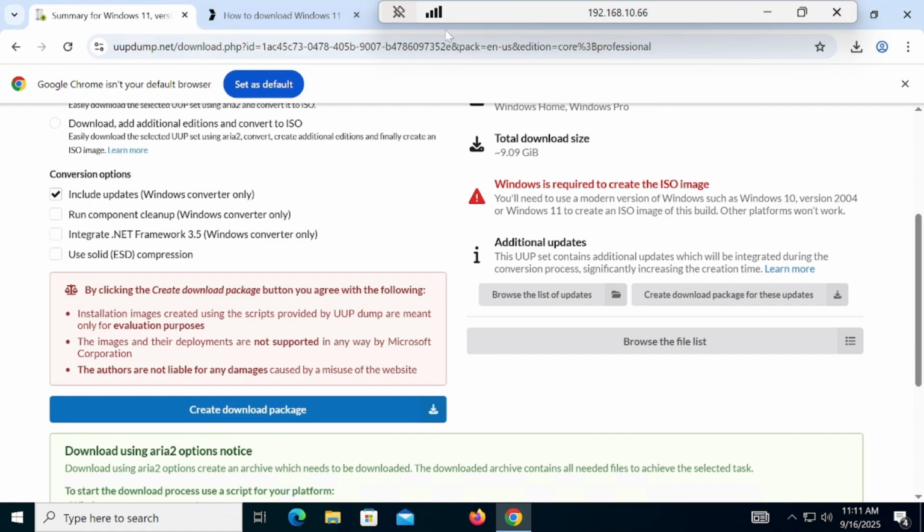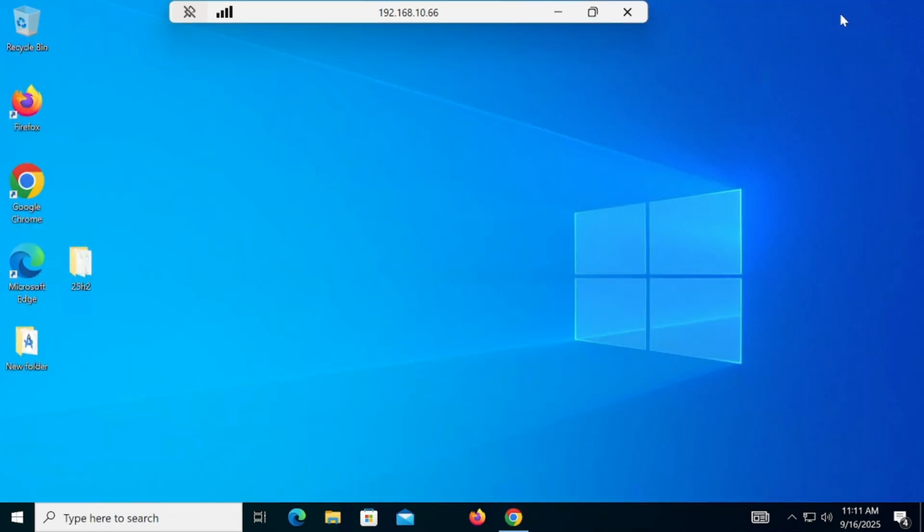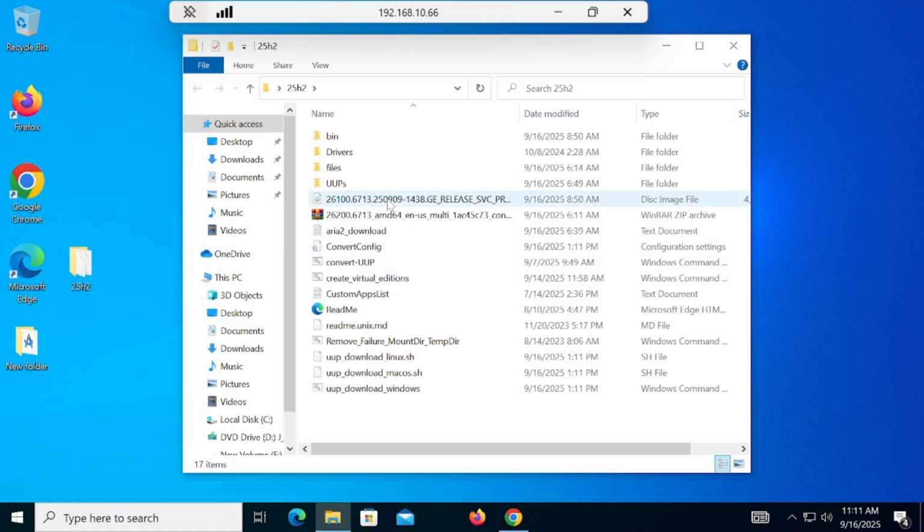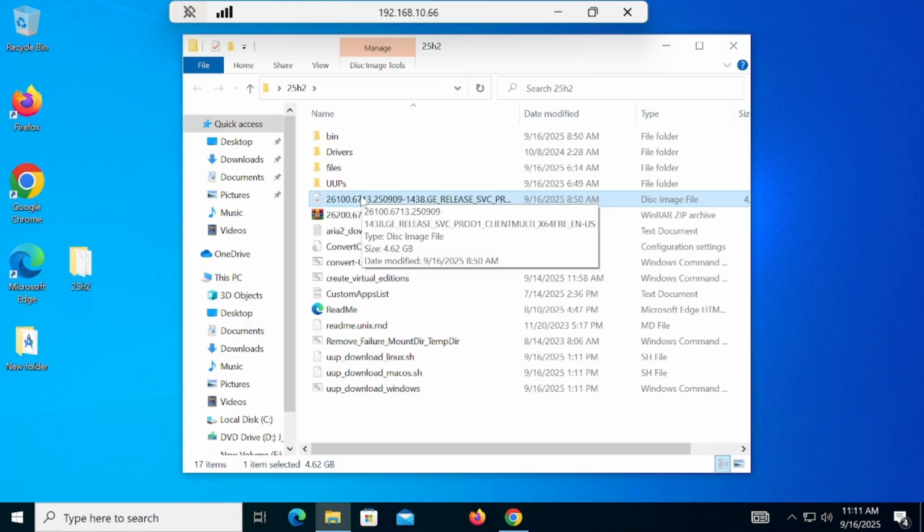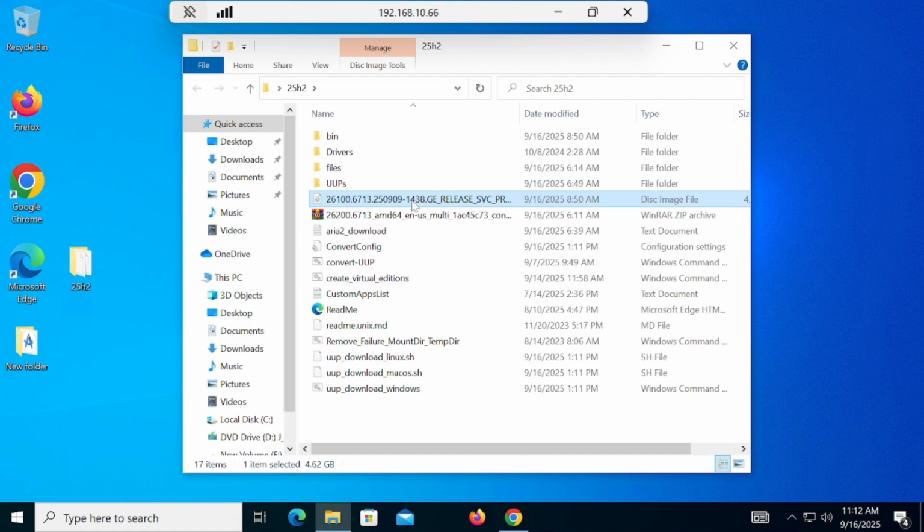This process will take around 1 to 2 hours. Once it completes, you will get this ISO file. It will be created inside the folder named 25H2. Inside the same folder, the ISO file will be downloaded and created, and it will be available in the form of an ISO. So now we are going to upgrade this Windows 10 to the latest Windows 11